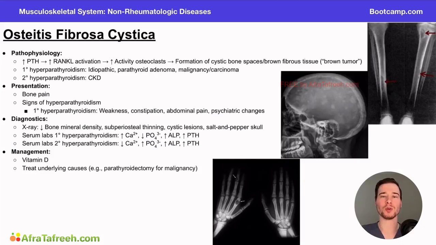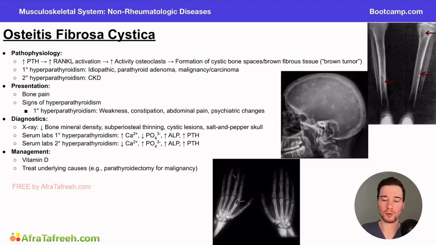And if you recall, there's three primary types of hyperparathyroidism. There's primary hyperparathyroidism, where we have direct release of PTH from the parathyroid glands itself. And remember, the role of PTH in the body is to actually increase calcium levels. Then there's secondary hyperparathyroidism, and the most common cause of this is going to be things that cause a low calcium state in the body. Finally, we have tertiary hyperparathyroidism, which is often due to persistent secondary hyperparathyroidism, which is most commonly due to chronic